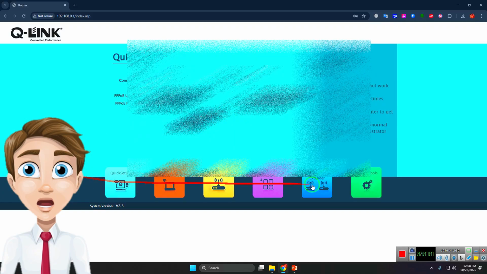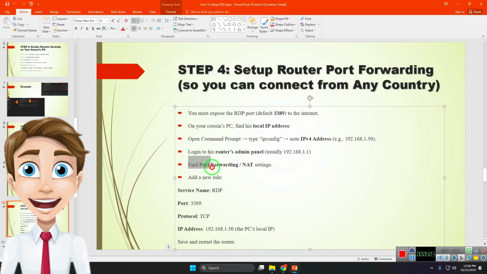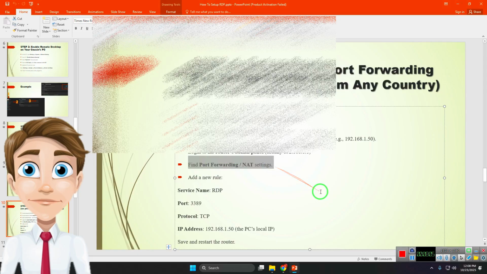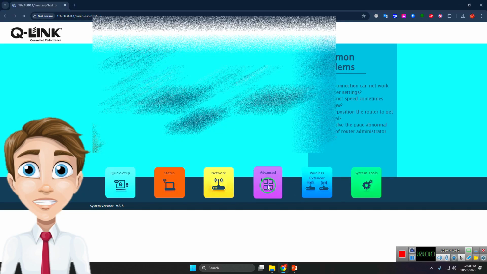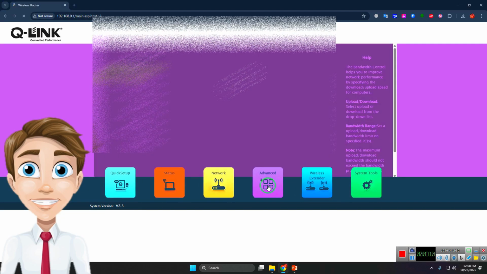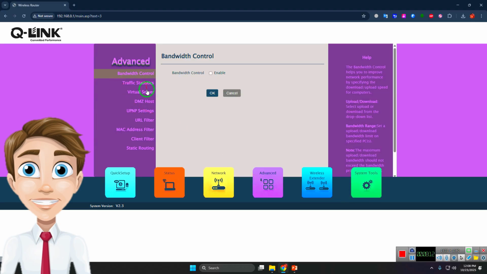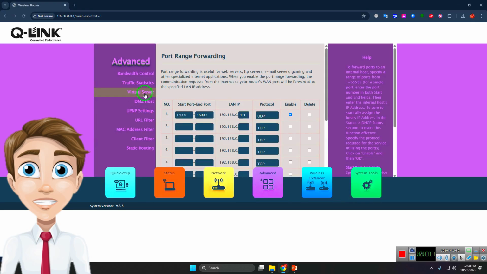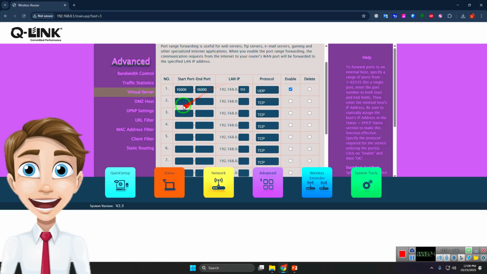Now what I have to do is find port forwarding or NAT settings. I will have to go into advanced, then virtual servers, port range forwarding. You have to find that option in your router because every router has a different configuration, right? Now I have to use that